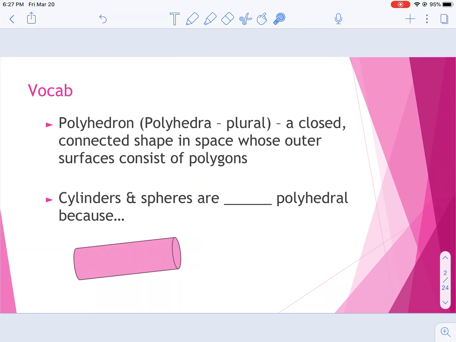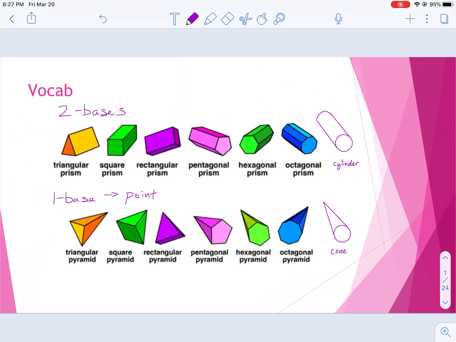They are called polyhedra. A three-dimensional solid is a polyhedron, which is a closed, connected shape in space whose outer surfaces consist of polygons. So in this last slide, both rows are polyhedra, except for